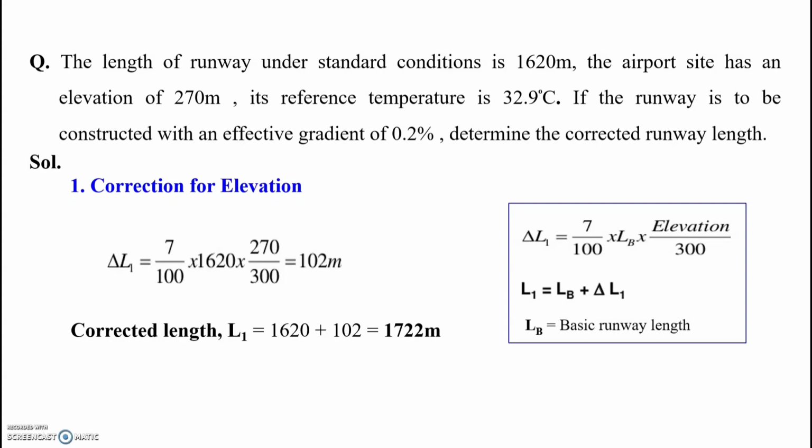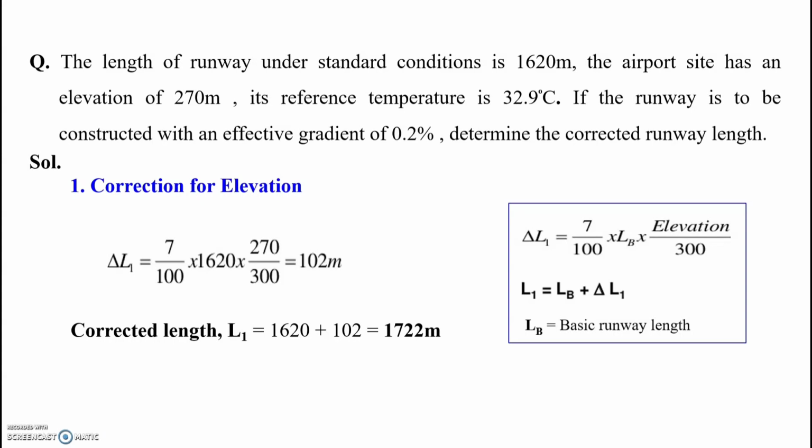Coming to the question, you find that now the site for airport is not at mean sea level. It is given some elevation which is 270 meter as per the data available in the question. And since there is change in elevation, the standard temperature of the site also varies. And if you look into the condition of your runway, you find that it is provided with some gradient. Here you find that all the three assumptions are varying.